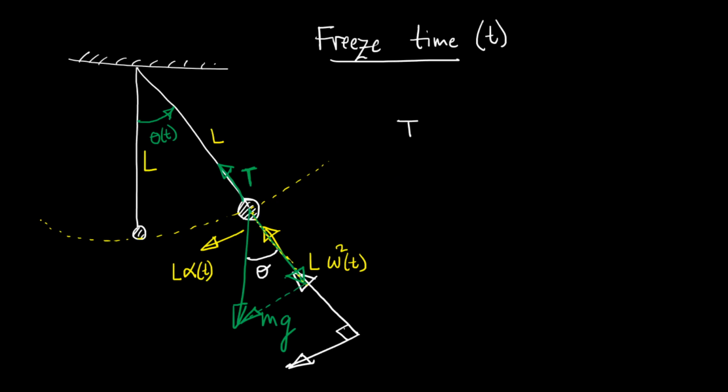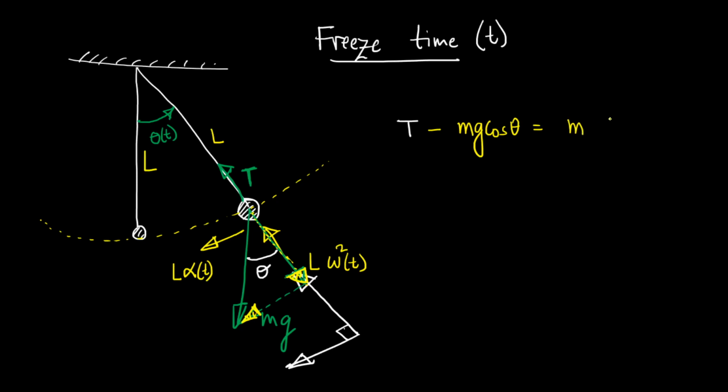I think the arrows are right, and the arrows do indicate away from the center. So therefore we have force towards the center is T minus mg cos theta, equal to mass